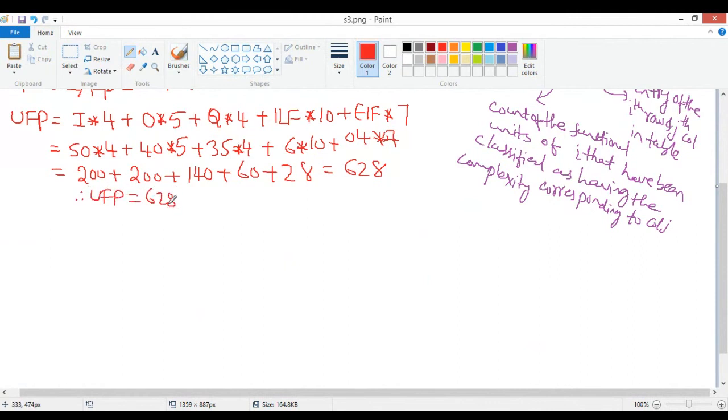Therefore, UFP is equal to 628. Now let us find out the complexity adjustment factor. The complexity adjustment factor is given by a formula. You must note down this formula, it's very important. What is the formula for complexity adjustment factor? See, the complexity adjustment factor is nothing but 0.65, this is a constant, added with